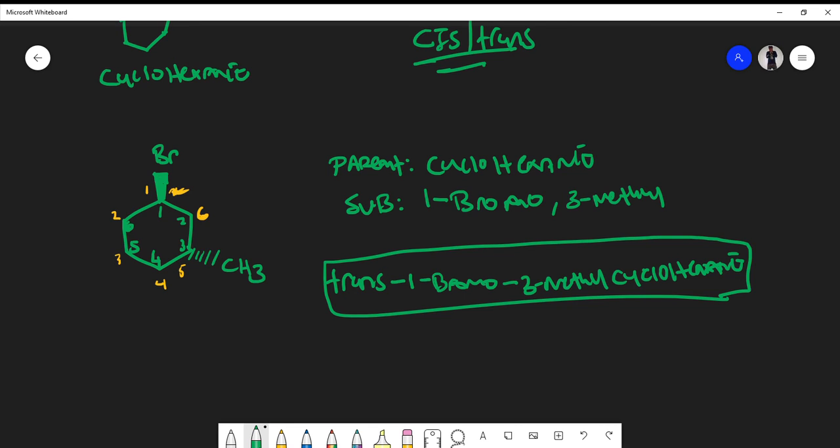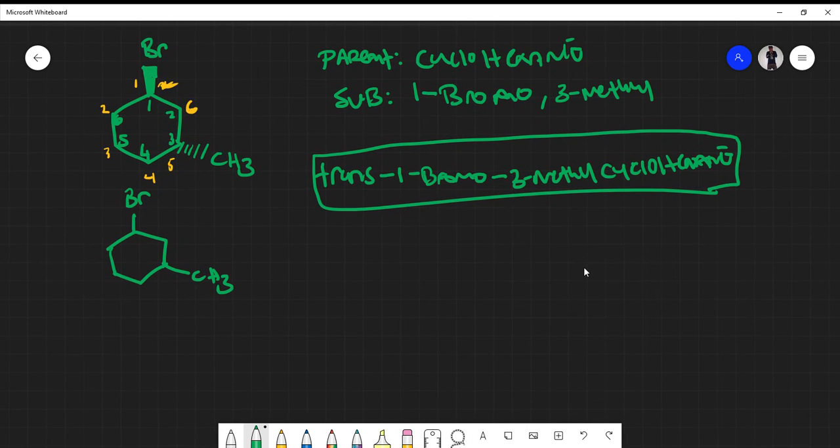Now, if the structure was drawn in such an aspect where there was no stereochemistry, then the trans would not apply here, right? So it would just be 1-bromo-3-methylcyclohexane, right? But because we have spatial orientations being shown here in the form of dashes and wedges, we actually use our trans or cis way of naming,